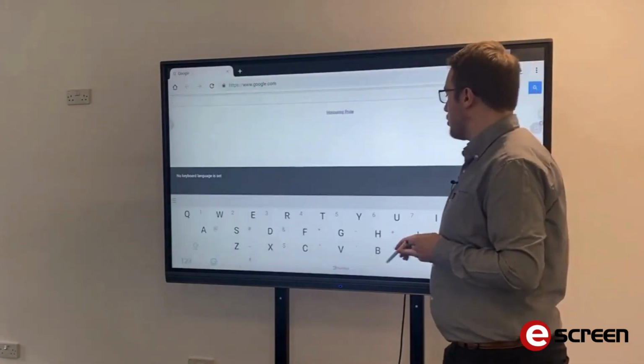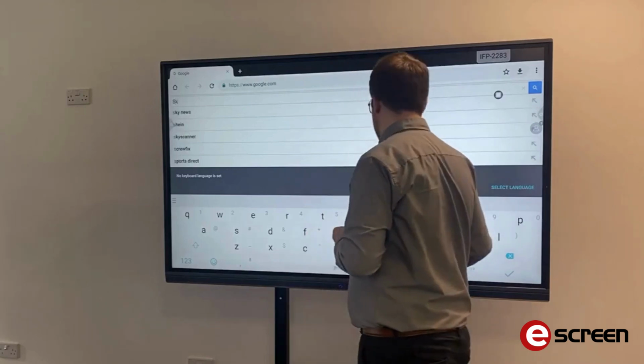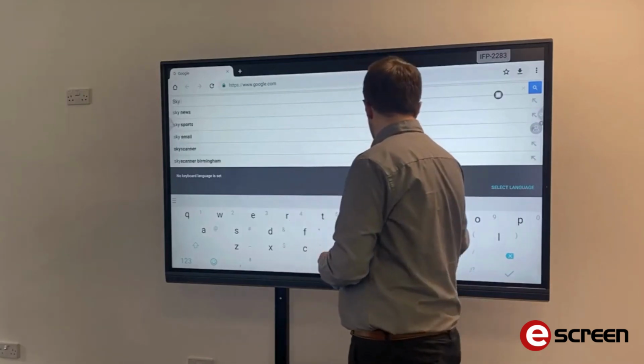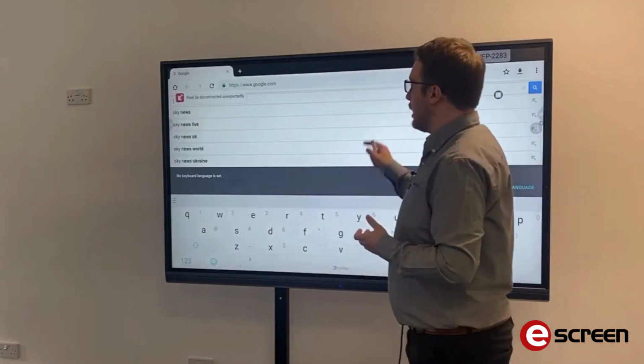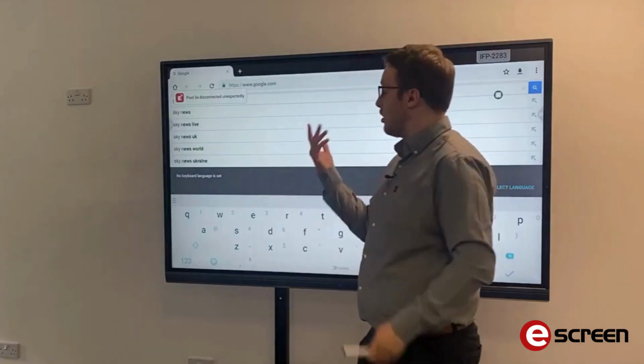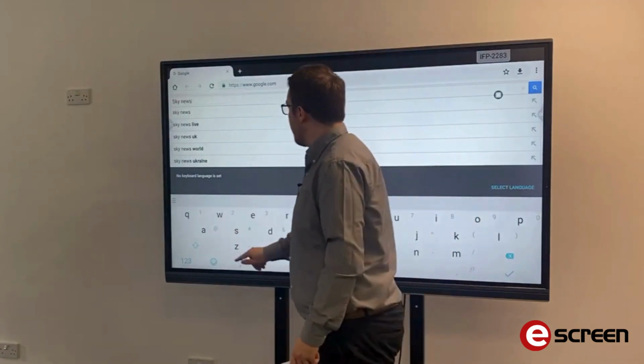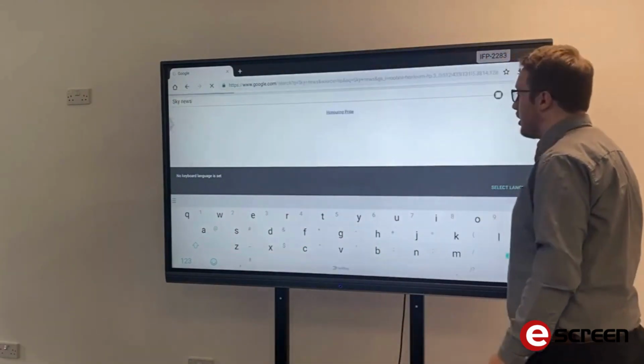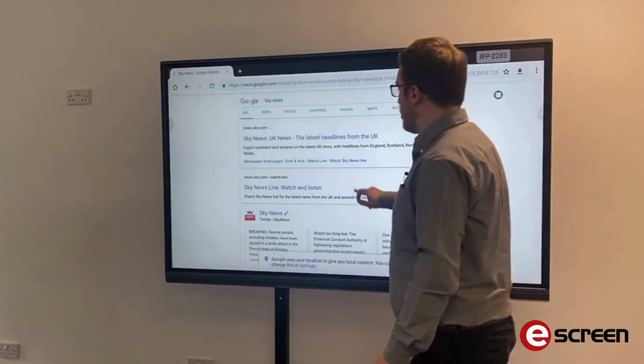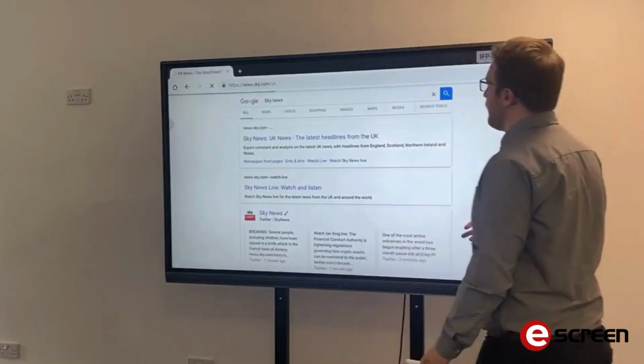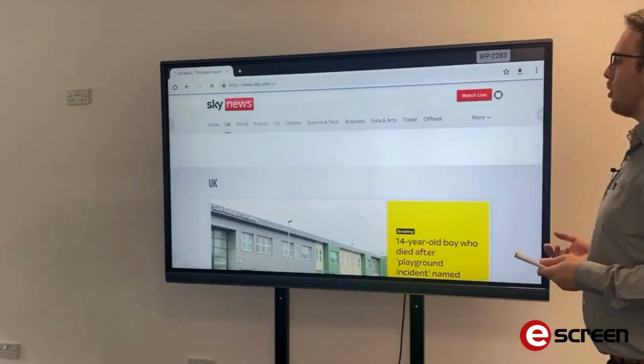So for instance, if I go to Sky News, now one of the benefits of utilizing infrared touch is I don't have to use the pen. I can just interact with any item I want. I can, for instance, use my finger. So we'll go to Sky News here, tap in, and then no matter what input I'm on, I've always got